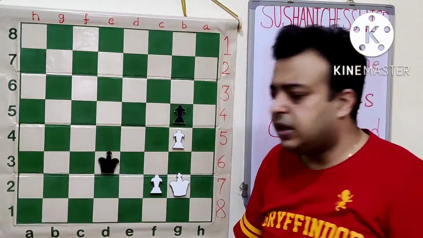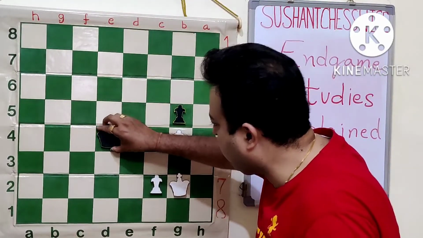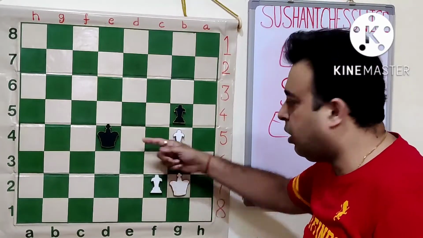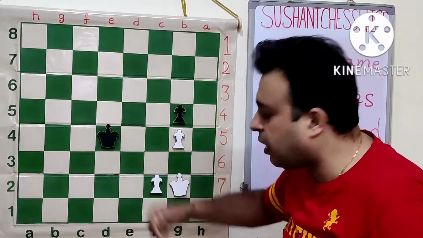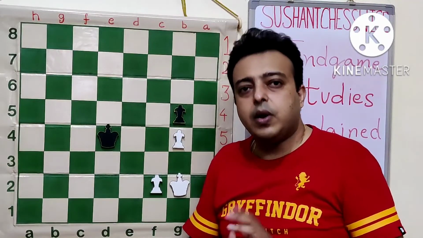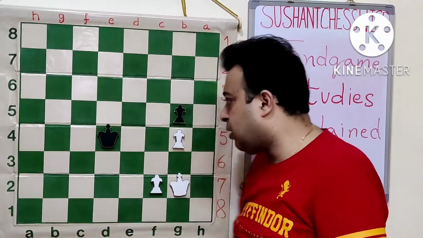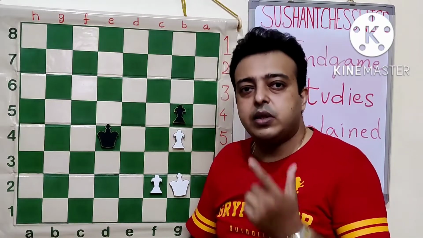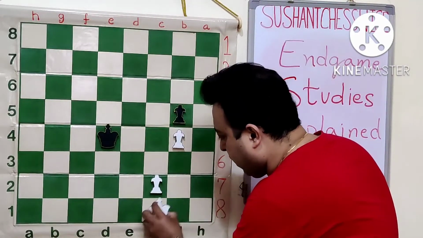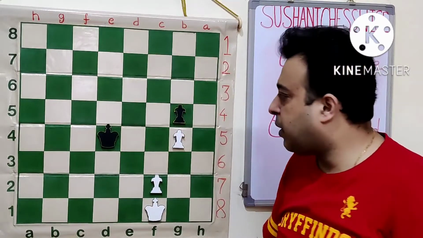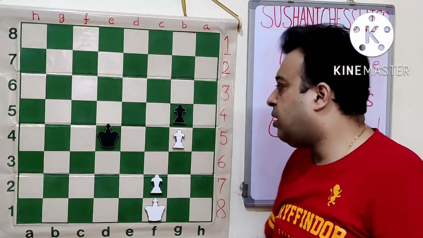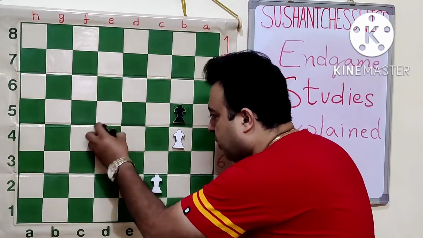We can easily say that the main variation is the move Kd4, because here after Kg3 we can go Ke4, and similarly after Kf3 we can go Kd3. Here White has to use the unusual path, allowing the black king to control the f4 square, but even then White wins. After the move King f1, this idea is very important. Black will try to keep the control of the f4 square. So after Ke4,